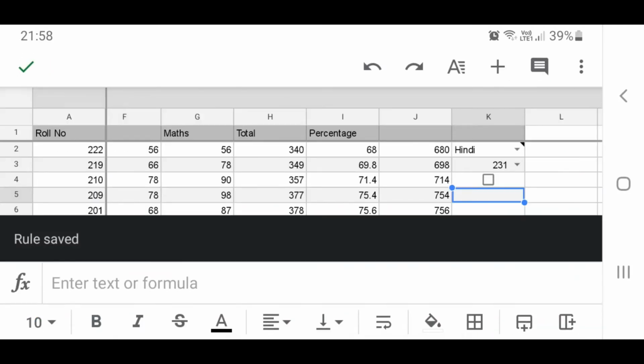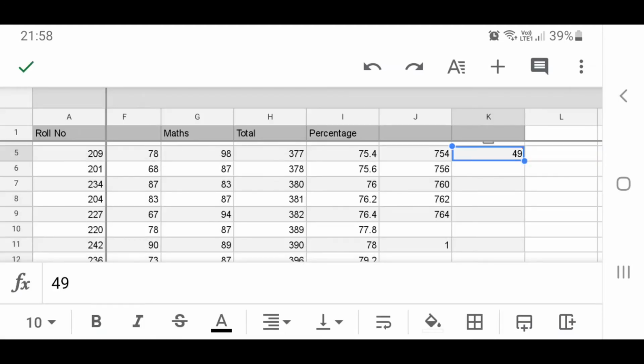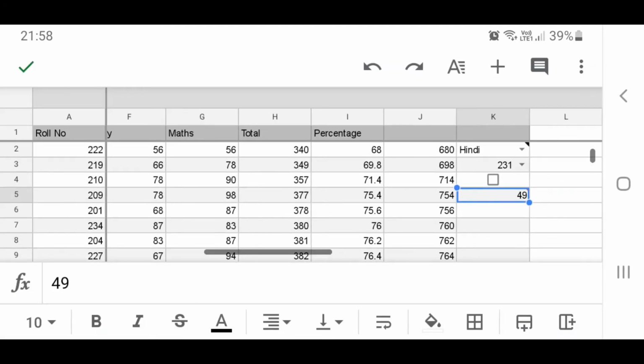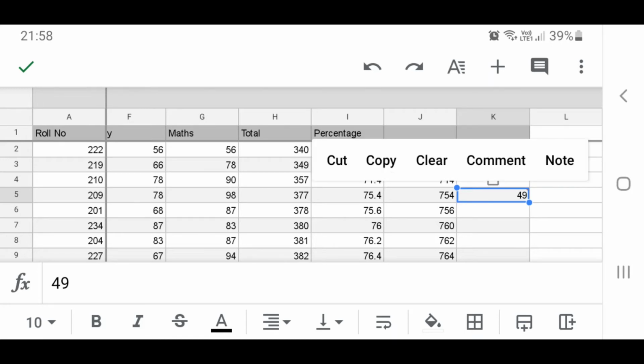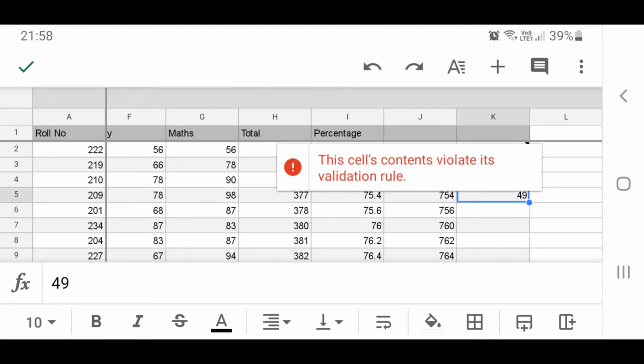Done. So here if I enter a value 49, what will happen? I should get an error message. See, here you can see a red corner, a red highlighting, which will show you an error message: the cell contents violate its validation rule.